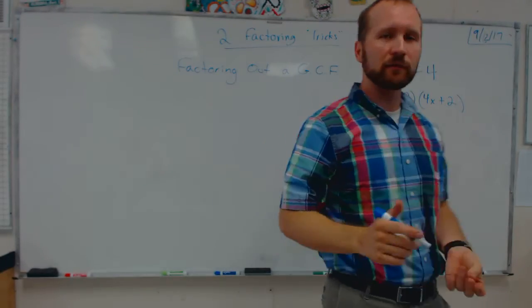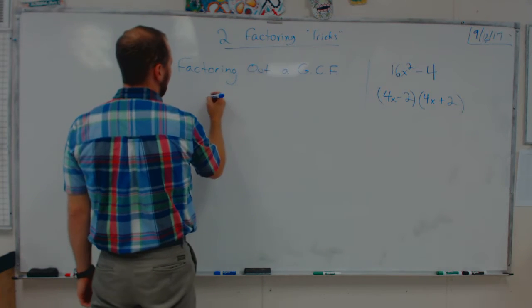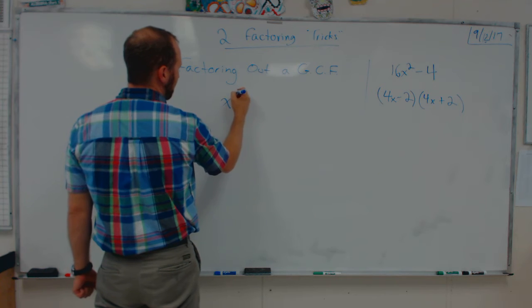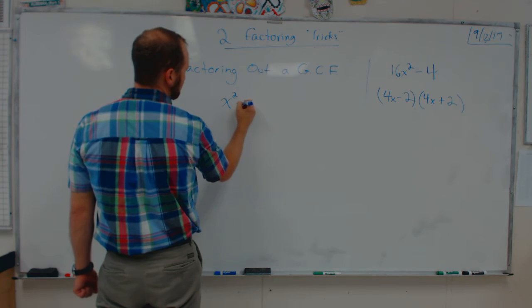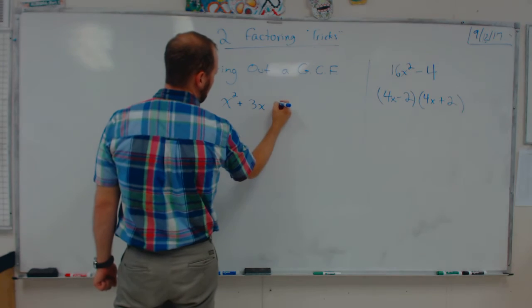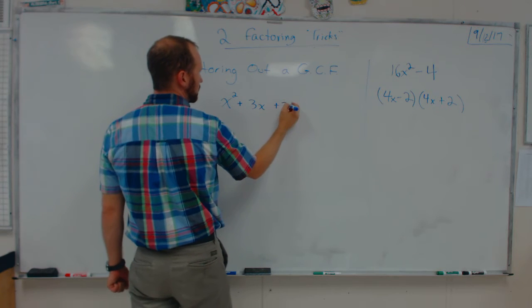Greatest common factor. Right? So if I have something like, I'm actually going to do it this way. So if I had something like x squared plus 3x plus 2,